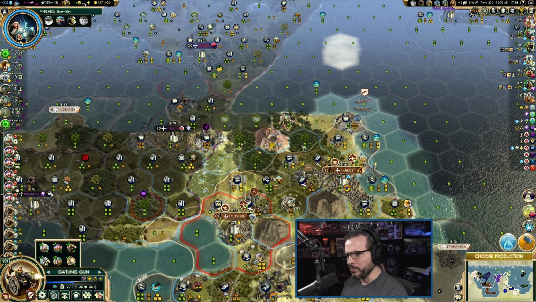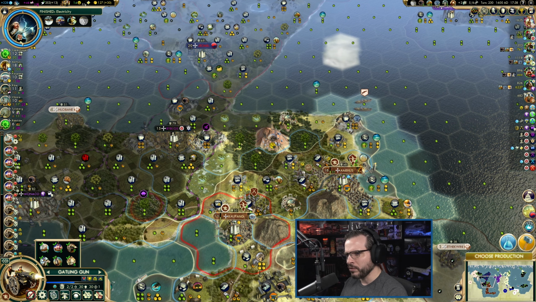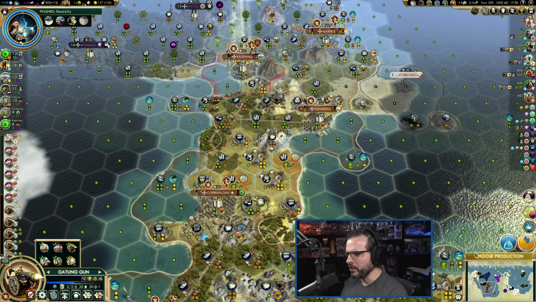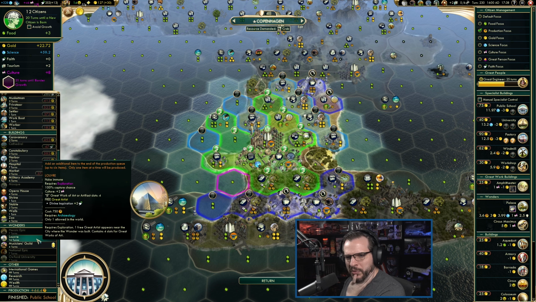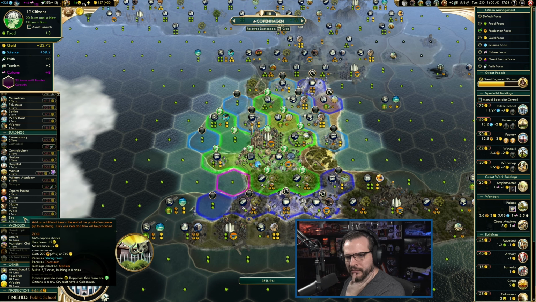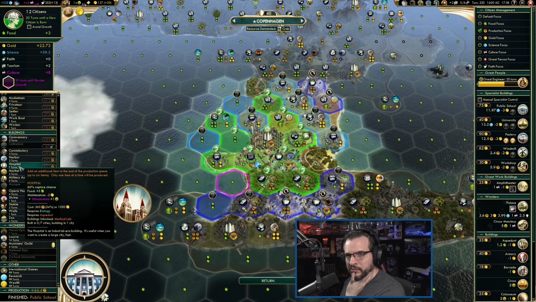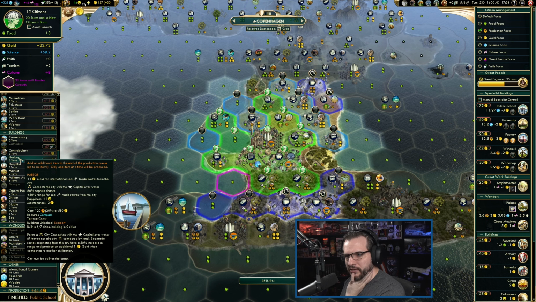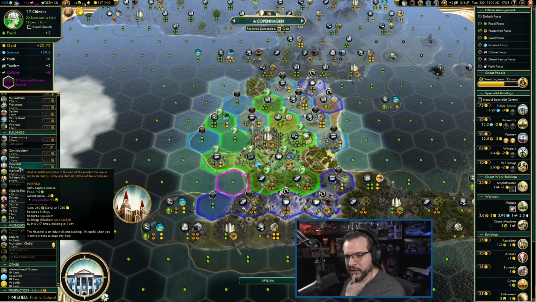Okay, just to be confirmed, I don't think there's a city spot up here, right? 1, 2, 3, 4... No, there's just not. We would have put one there a long time ago. Alrighty, I mean, military academy for more military units if we go that route. You still need your zoo. Hospital. I mean, more tall cities feels good. It's going to cost gold, but...